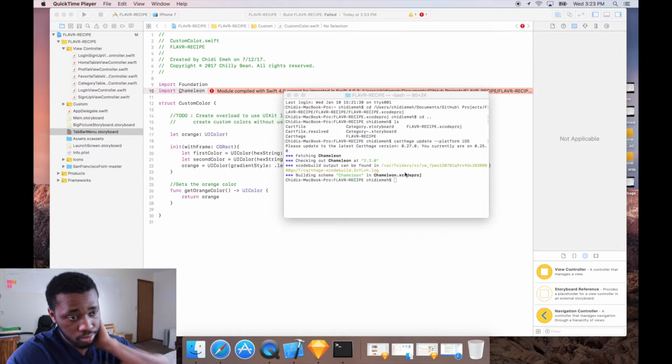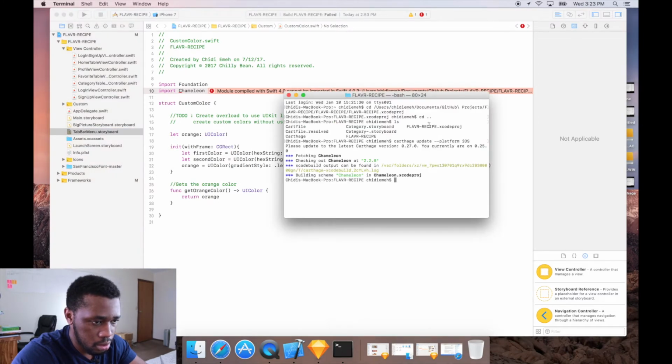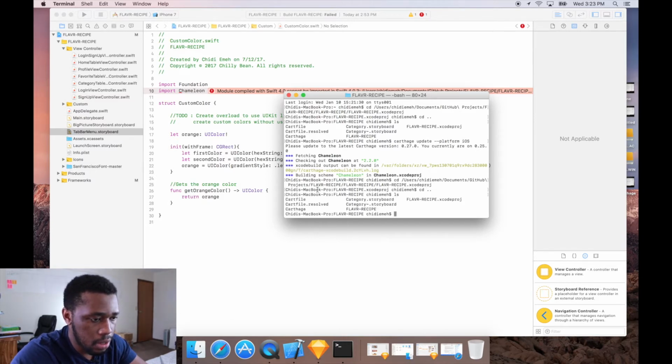Alright, so I just realized I did not start this recording. What you're going to do is type cd space and then drag this folder right here, and then when you hit enter, you're going to do cd space .. like that to go up one level. And if you hit ls, you're going to see your Cartfile, and then you're going to type